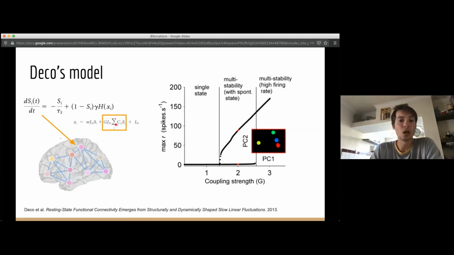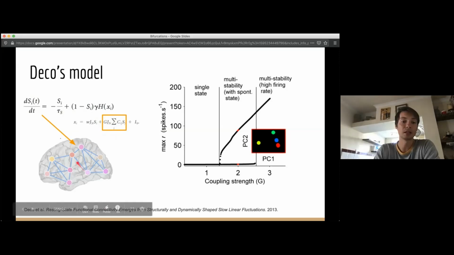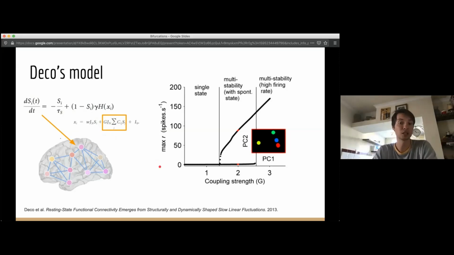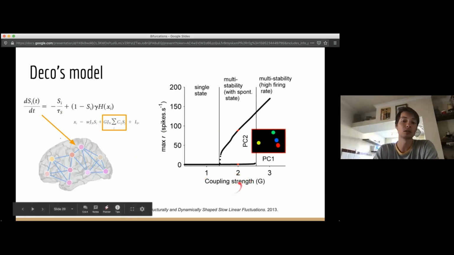So an important addition to this standard Wong-Wang model was this extra current that was flowing into our neuronal population, and that came from all the activity of the external nodes. And that was obviously modulated by the structural connectivity, but also by a variable. So that would be our parameter that we are interested in, which they call the coupling strength G. And then by manipulating